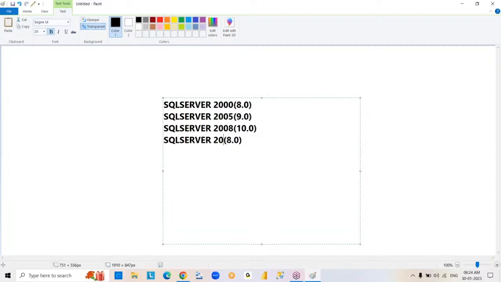After that 2012 11.0, 2014 version we have 12.0,